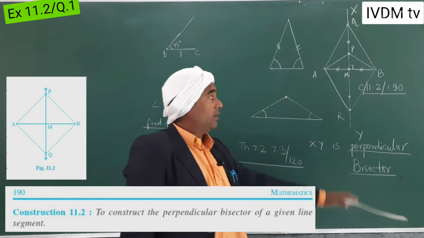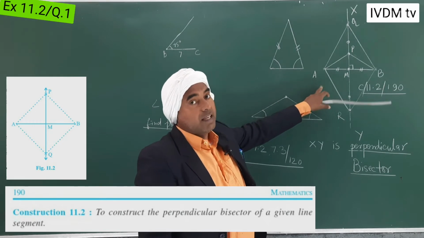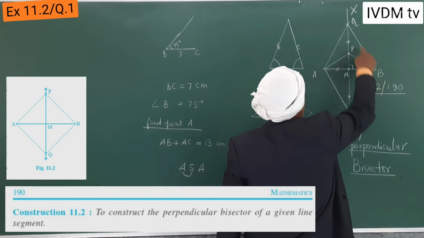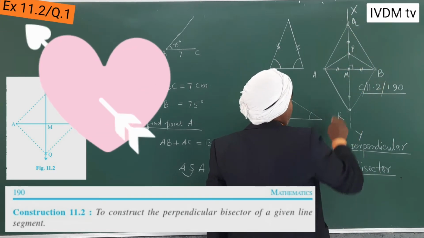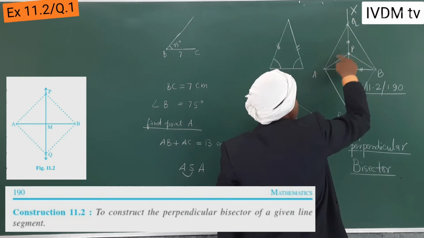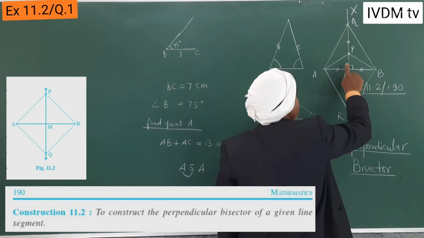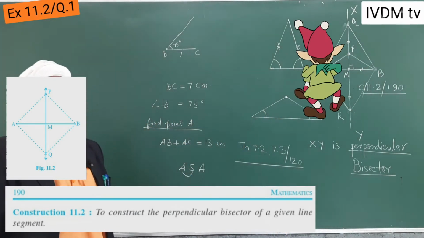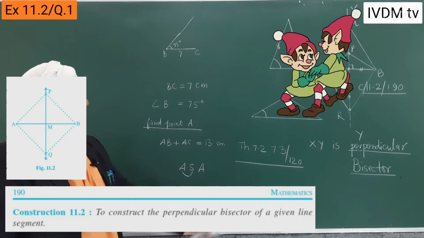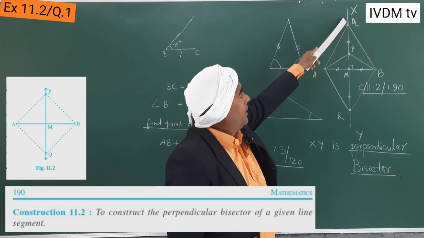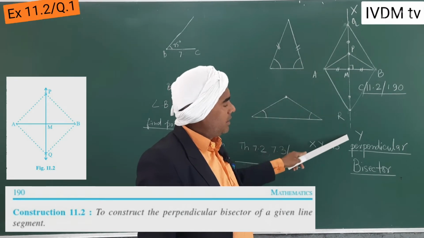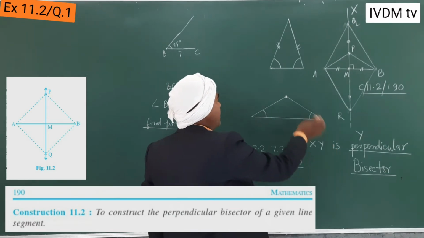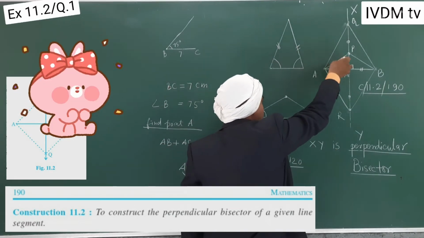It appears to be a kite. In a kite, this type of thing happens: only one diagonal is bisected and the other diagonal is not bisected. Just like PARB is a kite. I have given a video about the kite concept also. So perpendicular bisector means all the points which are equidistant from both points A and B. This concept is used here also.